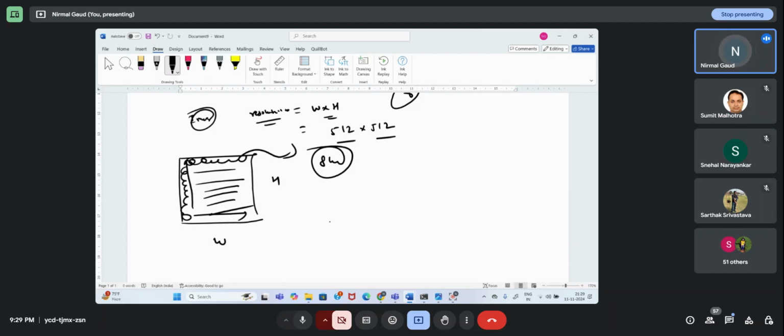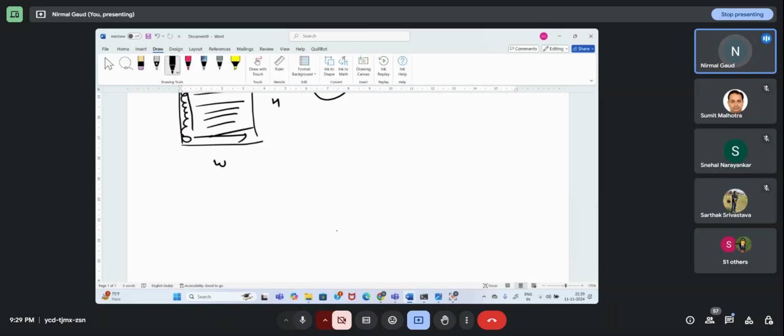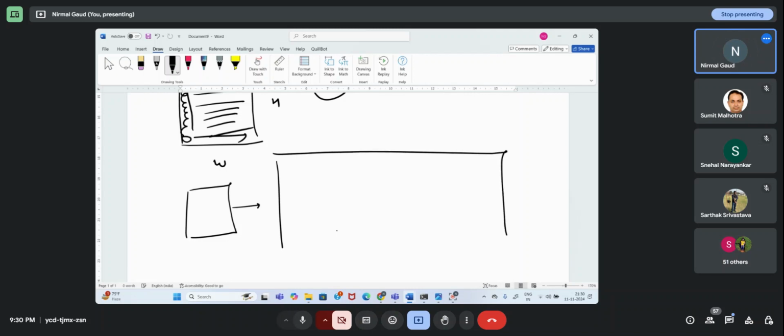So what are we going to do with this image? You are going to give this image to a model. Your model is based upon CNN, convolution neural network.